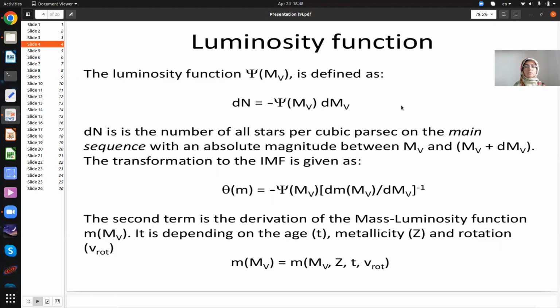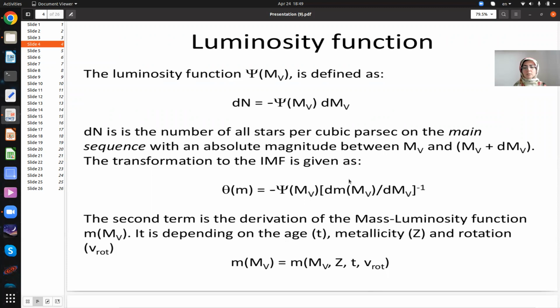Luminosity function. The luminosity function, or psi(MV), is defined as dN equal to minus psi(MV) dMV. dN is the number of all stars per cubic parsec on the main sequence with an absolute magnitude between MV and MV plus dMV. The transformation to the initial mass function is given as theta(m). The second term is the derivative of the mass-luminosity function,